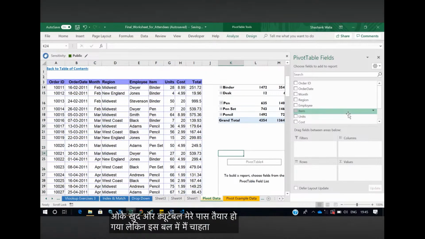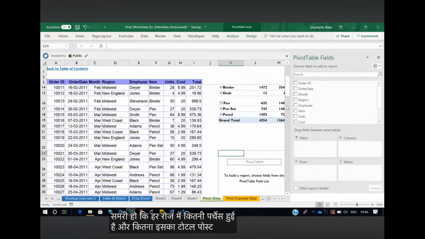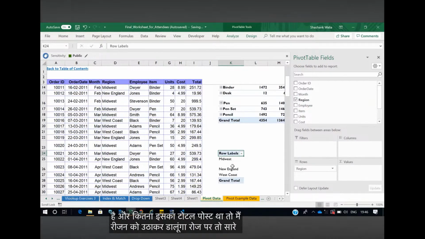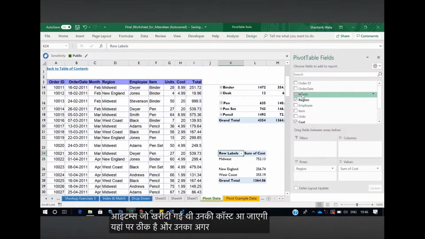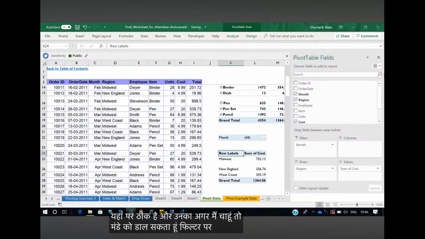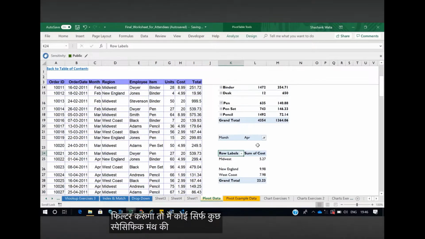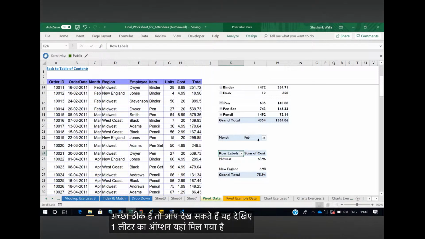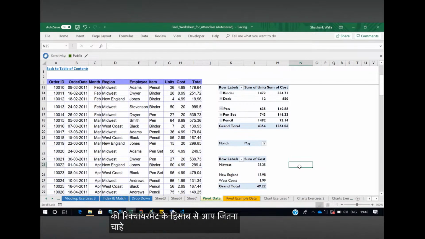तो एक और पिवट टेबल मेरे पास तैयार हो गया। लेकिन इस पिवट टेबल में मैं चाहता हूँ कि मेरे पास एक रीजन वाइज समरी हो कि हर रीजन में कितनी परचेज हुई है और कितना उसका टोटल कॉस्ट था। तो मैं रीजन को उठा के डालूंगा रोज पे, तो सारे रीजन्स यहाँ पे आ जाएंगे और उनमें कितनी आइटम्स जो खरीदी गई थी उनकी कॉस्ट आ जाएगी यहाँ पे, ठीक है। और अगर मैं चाहूँ तो मंथ को फिल्टर पे डाल सकता हूँ, जिससे क्या होगा कि मैं जैसे ही मंथ को यहाँ पे फिल्टर करूँगा तो मेरे को ये सिर्फ उस स्पेसिफिक मंथ की आइटम्स दिखाएगा, ठीक है। तो आप देख सकते हैं कि मुझे एक फिल्टर का ऑप्शन यहाँ मिल गया है। तो दिस वे यू कैन ऐड मल्टीपल पिवट टेबल्स, आपकी रिक्वायरमेंट के हिसाब से आप जितना चाहें पिवट टेबल्स ऐड कर